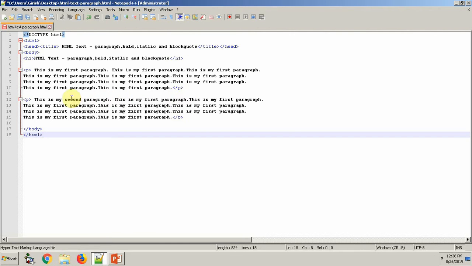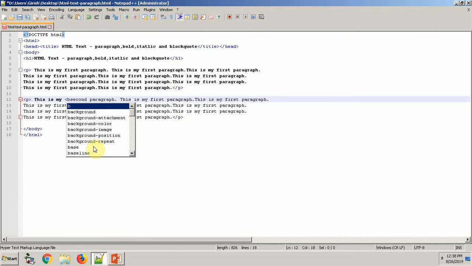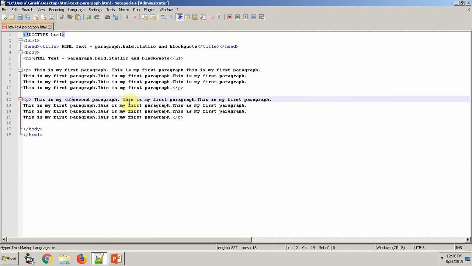bold some text. I want to make sure that some text appears bold, so I'll use two tags. First is the b tag, which is right here, and make sure that the word appears bolder. So I use the b tag, and the word will appear bolder. Now I'll use another